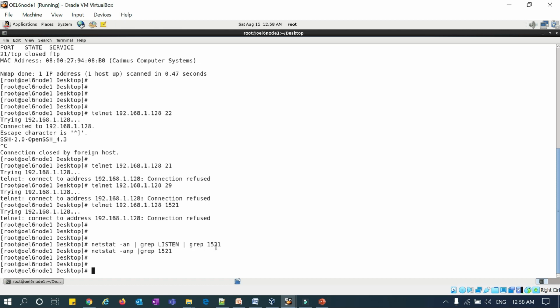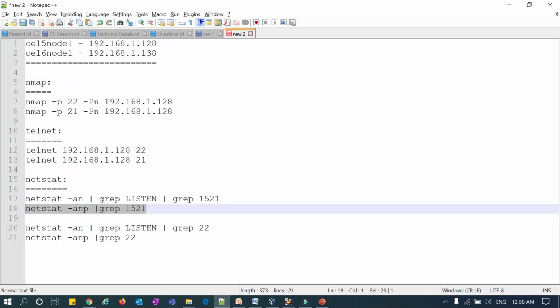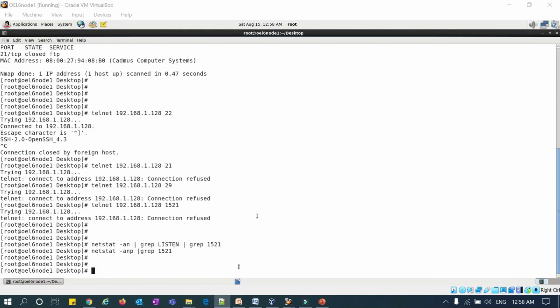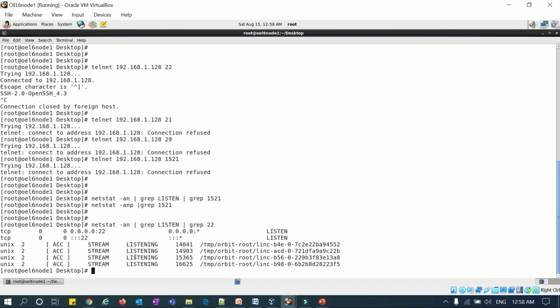Then you need to check which port your listener is listening on and what the issue is. This is how you can troubleshoot. Is there any issue from your server side, a connectivity issue? Whenever a user reports that they're unable to connect, first make sure that your listener is listening. So now I'll grep for port 22. It will say that port 22 is listening. You can see here it is listening on port 22, and whatever connection you try to make, all connections are established, and this server is listening on port 22.